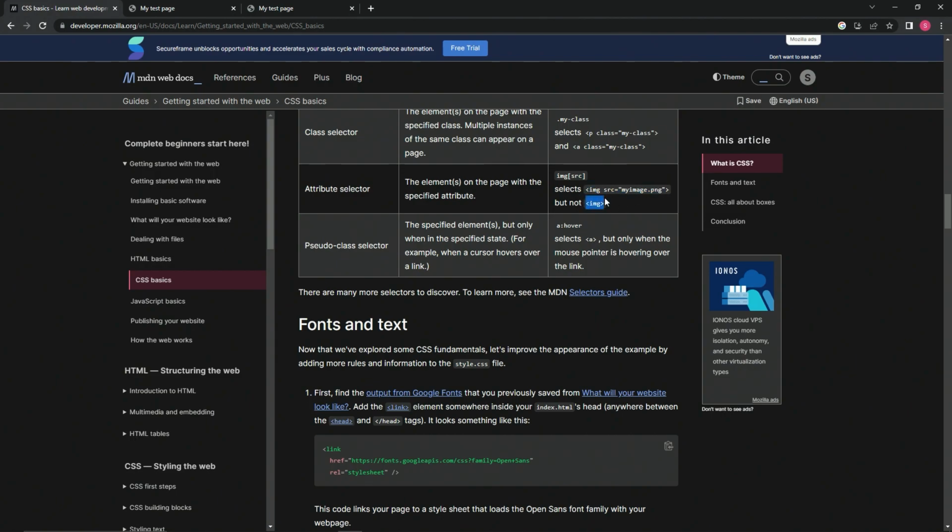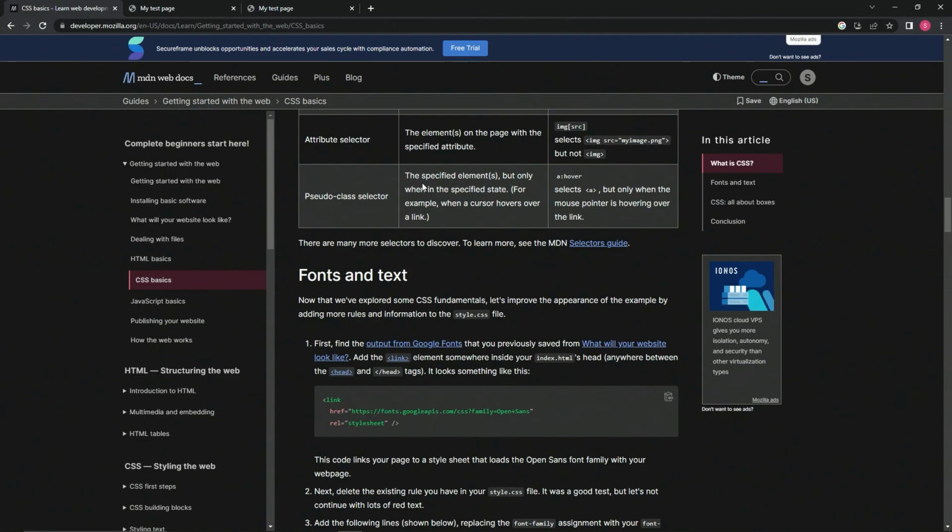But it won't do this because there is no source inside of this image, right? Pseudo class selectors select the specified elements, but only when in the specified state. For example, when a cursor hovers over a link. So we do something like this: